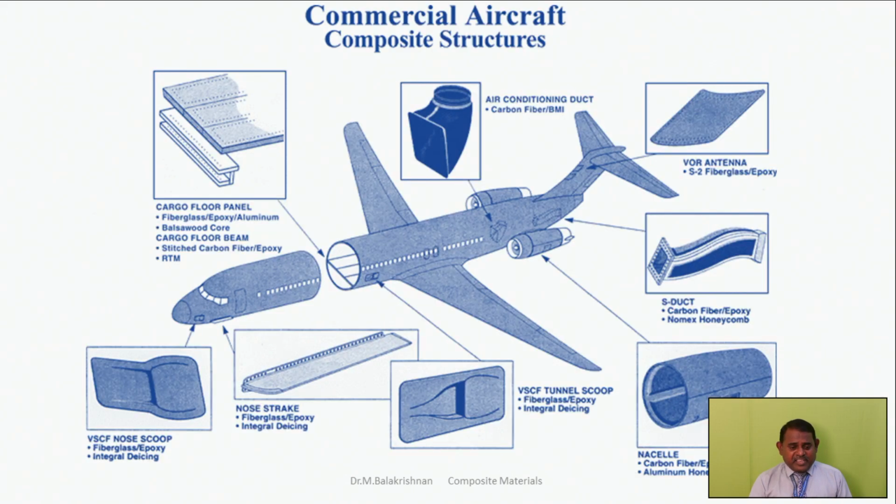And for the sake of convenience, I am presenting here the locations and the parts which are available as composite material in commercial aircraft structures, starting from the cargo floor panel, which is located here. The cargo floor panel is made with fiberglass epoxy aluminum composite material, and here the air conditioning duct is made with carbon fiber BMI composite material, and here the S duct is also made with carbon fiber and epoxy resin, and here the VAR antenna is also made with fiberglass epoxy. You see here 1, 2, 3, 4, 5, 6, 7, 8 different locations highlighted in this commercial